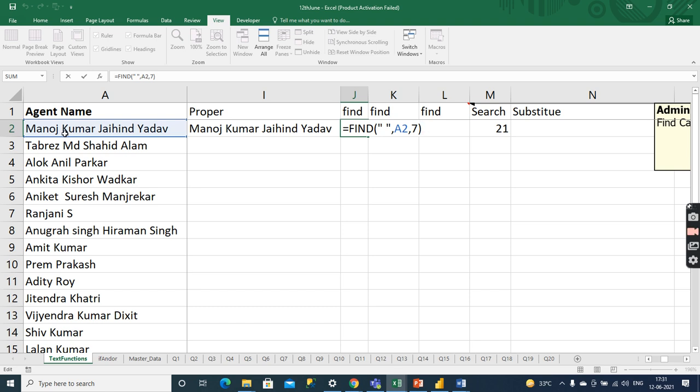So 7 is the k. It will start searching for the space from the k position, so it will get the space after r, and it will count the value. So the distance of the second space from M is 1 2 3 4 5 6 7 8 9 10 11 12. So with this logic it works.